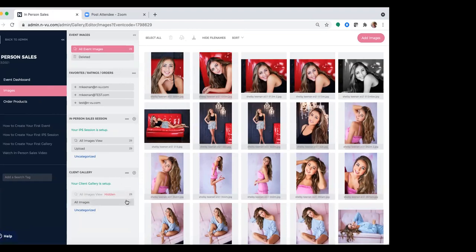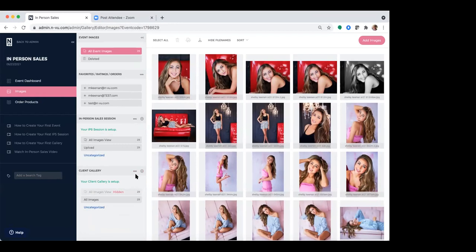And then you will see the client gallery and the in-person sales session right here between the settings and the thumbnails. And to create a category manually within your IPS or a client gallery, all you have to do